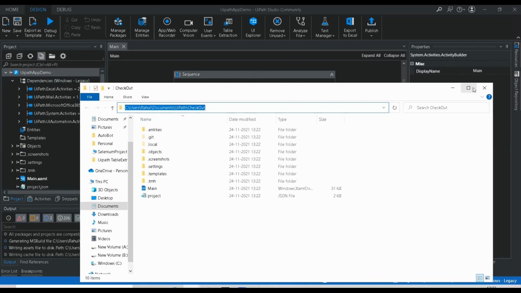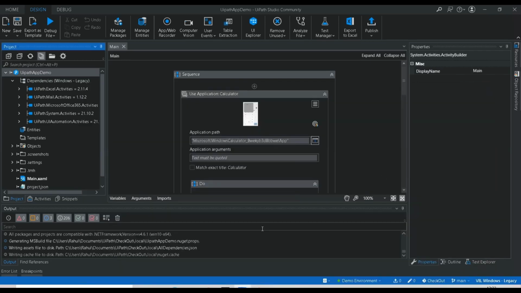your Studio Designer. Okay, so hope this video is useful and interesting for you. So this is how you need to connect to different version controllers to control your project versions. And if there is any confusion or any configuration issues happening while trying this particular Git to UiPath configuration, just put that in the comment box. I can help you out to resolve those issues.